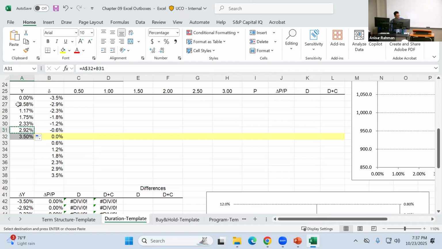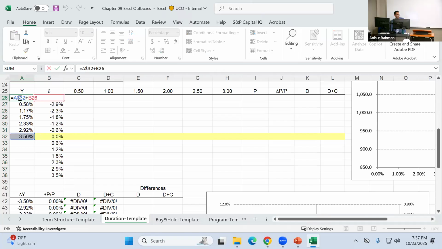Do you have the same numbers here? Minus 1.8. Yeah. Okay, now, do you have the same thing here? Did you lock A32? Just the row. Yeah, it was B26, right? Yeah, that's what I did. Okay, and then pull down